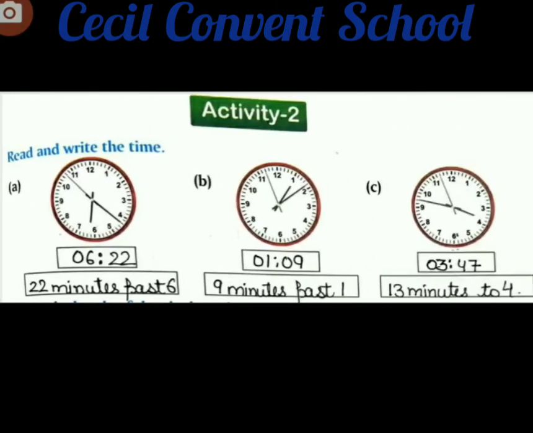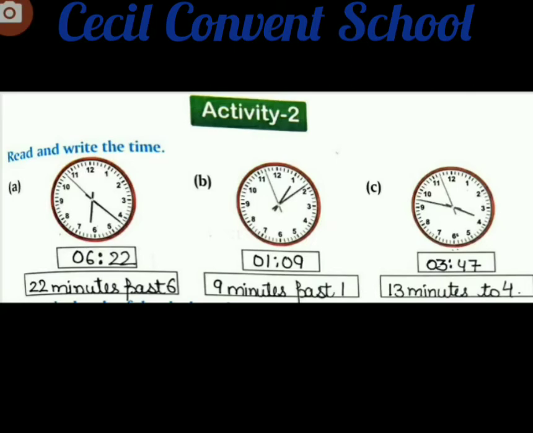Those seconds we will write in Activity 3, but now you have to write minutes and hours only. So 6:22. How can we write it? It is before 6, so we write the word "past", and in "past" we make no change. Meaning only minutes will come first and hours will come at the end of "past". In "to" we do make changes. Clear?